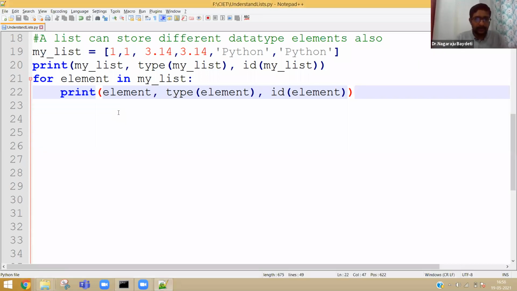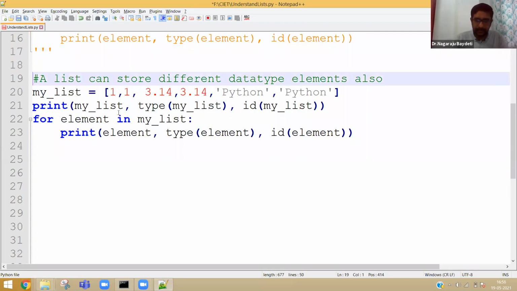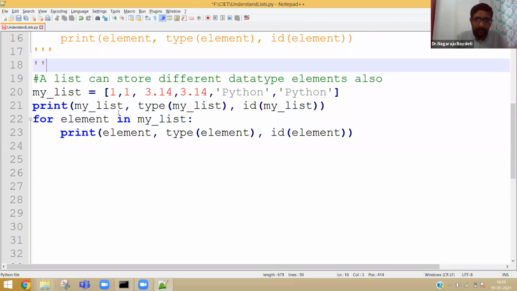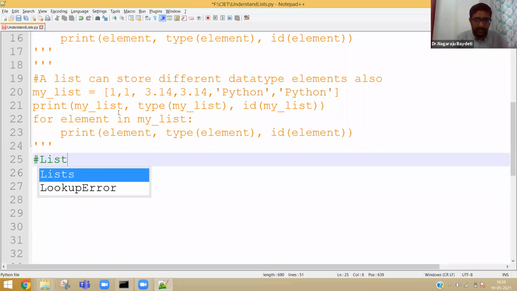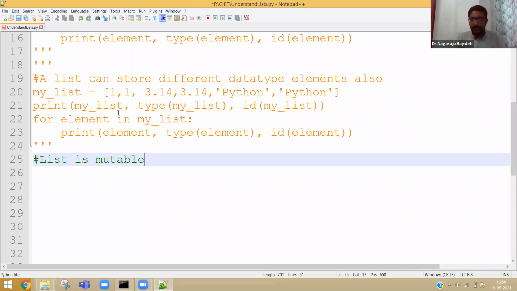Now, the next topic is list is a mutable object. List is an iterable object. List is mutable. Syed is asking me a doubt, saying if this is the case, then the statement that list is a group of same data type elements will be wrong.